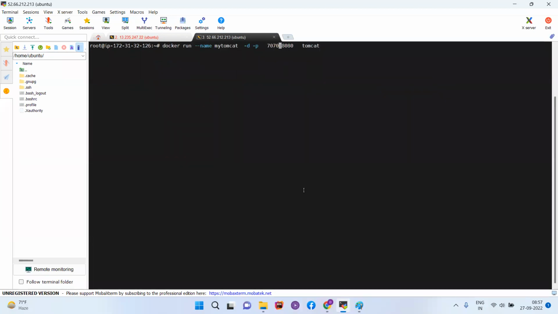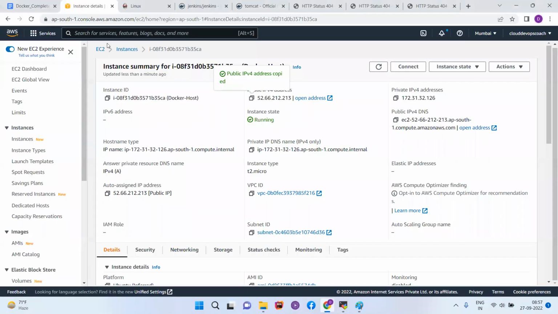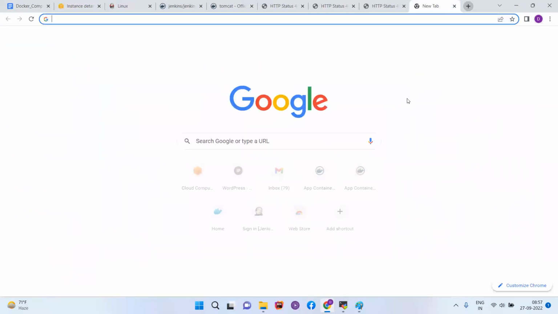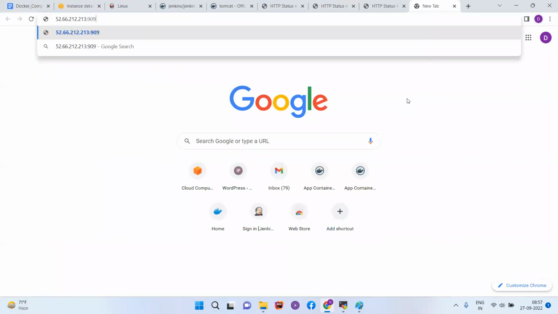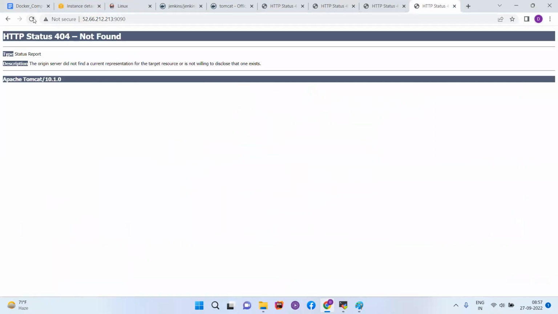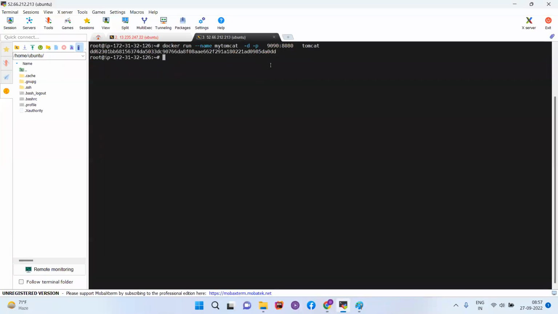Now let's use the 9090 port. 9090, let's use. Still we are getting some issue. Anyway, this is one kind of port mapping, or let's see, let's try to use